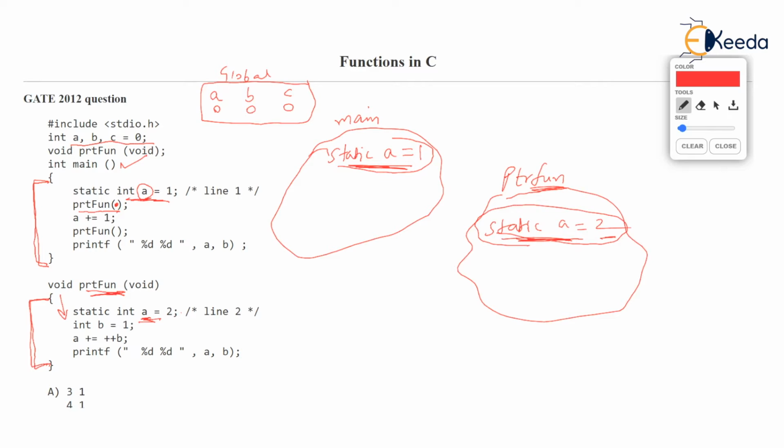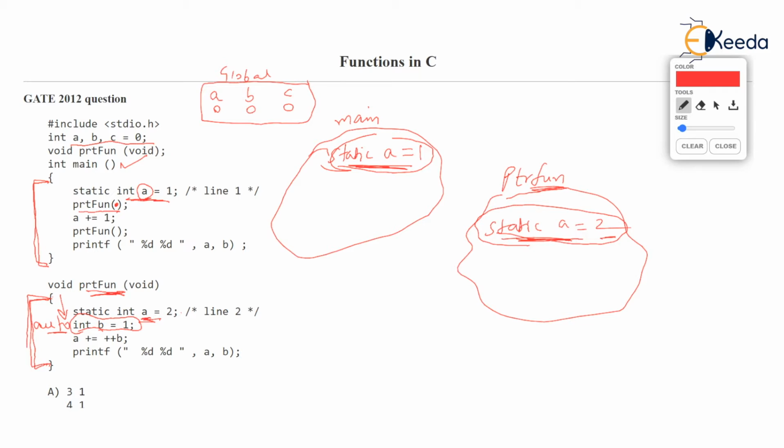Anyway, next line. Now there is one more variable declaration here you see, int b equal to 1. So what is that? This is a local declaration. This is the auto storage class, isn't it? This is auto because we have not written any storage class. Auto variables can also be thought of as local variables. They are local to the scope in which the variables are declared.